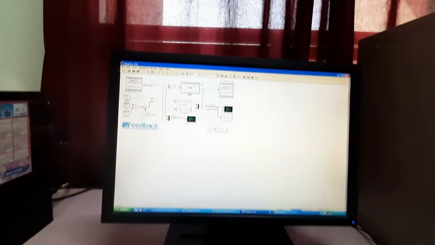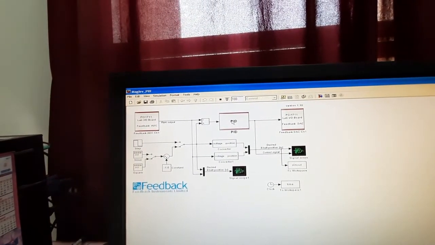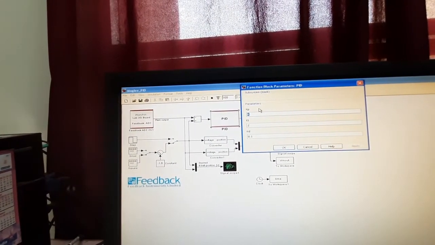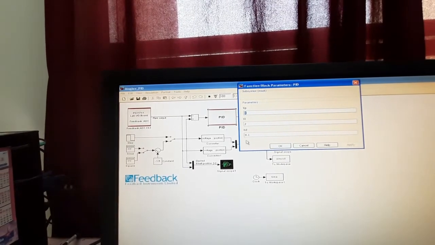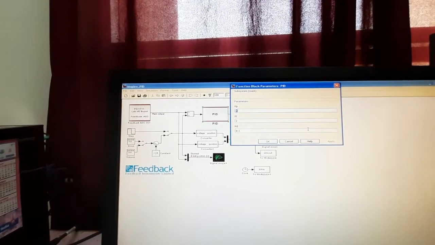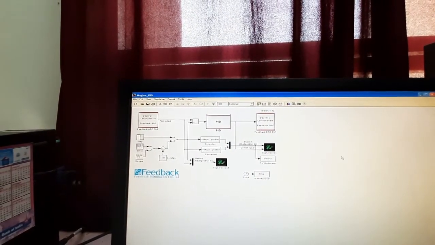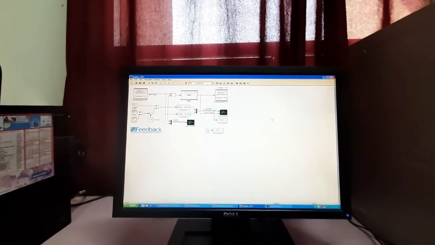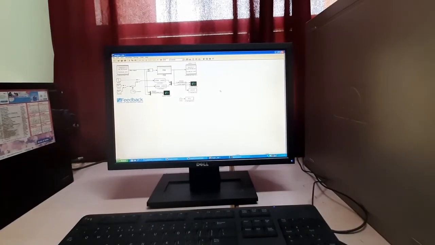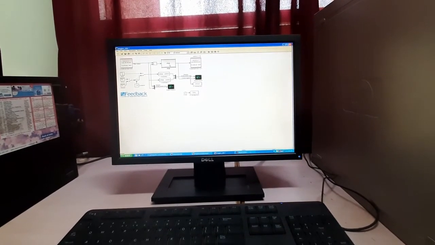Okay. Here we can see in this part we have to adjust the KP, KI and KD values so that our ball will be stable. So we need to change our PID value slightly.